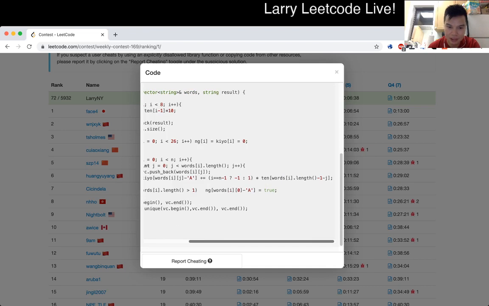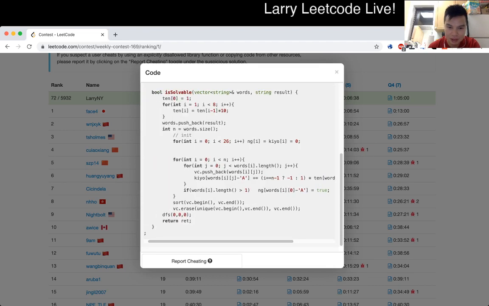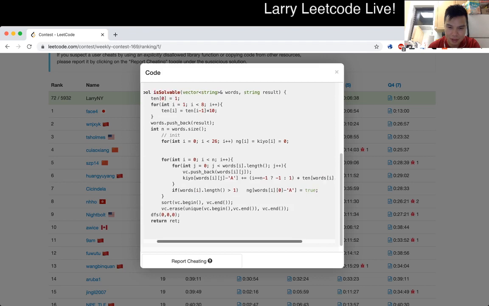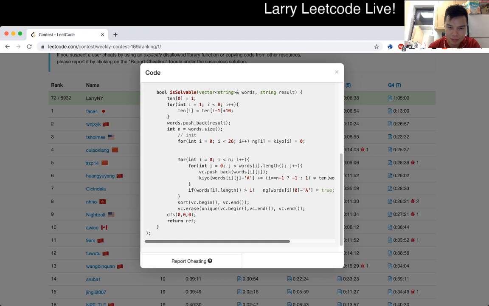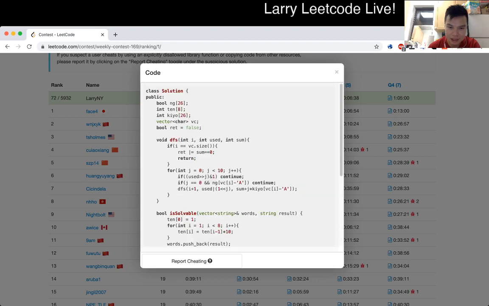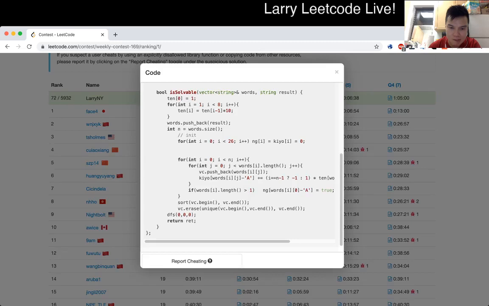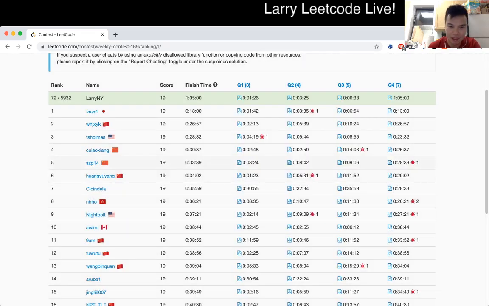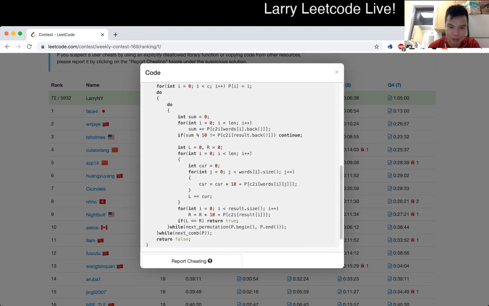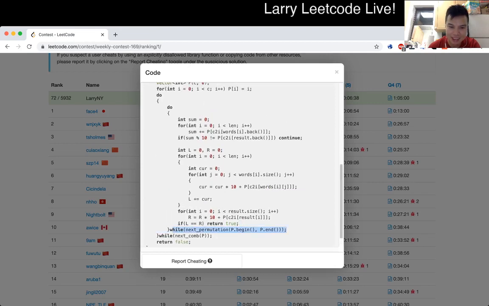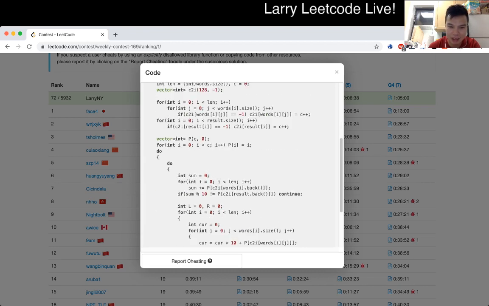What is going on here? Huh. Not sure I understand this recursion, but it's very good. Keeps track of a current sum. Actually, not sure if I understand that one, but let's look at another one. How is this fast enough? To be honest, because I tried to do something like that, but maybe it was fast enough. Maybe I didn't really need some optimization, but I was getting a lot of